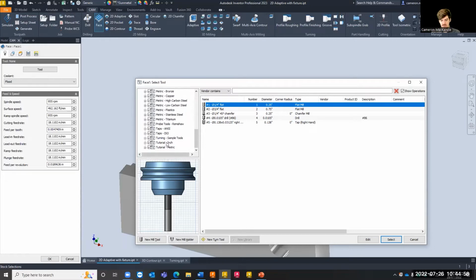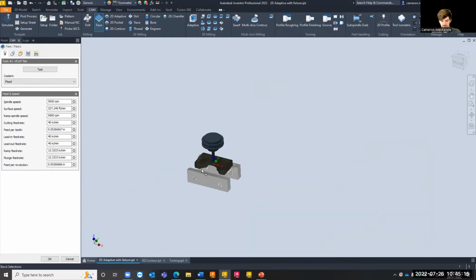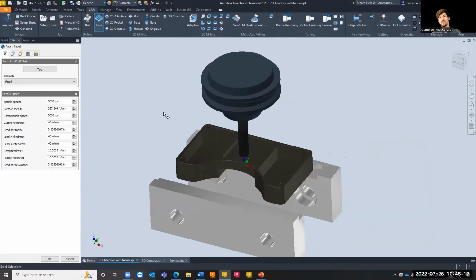Right at the bottom, we've got turning, we've got tutorial inch and tutorial metric, which are probably the three I use the most when giving demonstrations like this. However, as I said, this one already has them in. So I'm just going to choose my 1/4 inch flat, the number 1 tool from in there, and just select that. That now adds this tool into this configuration for me,